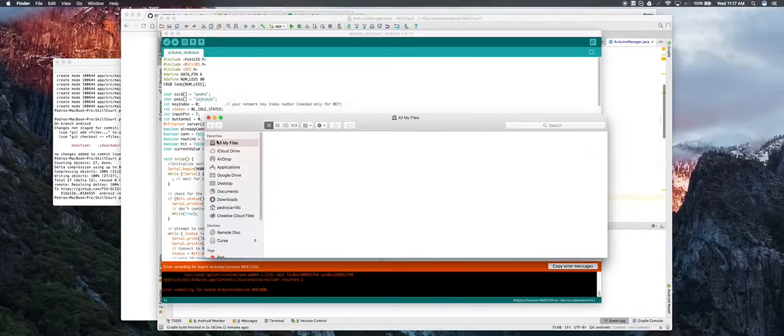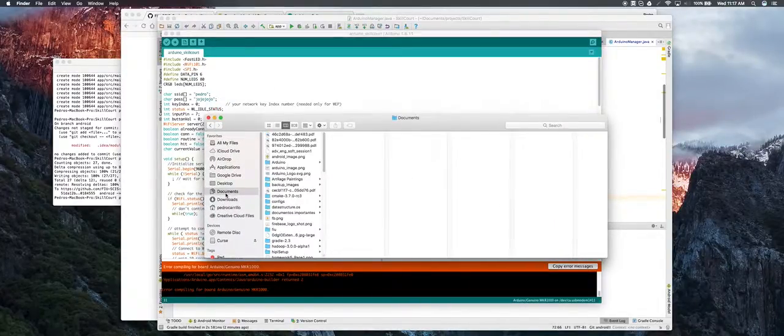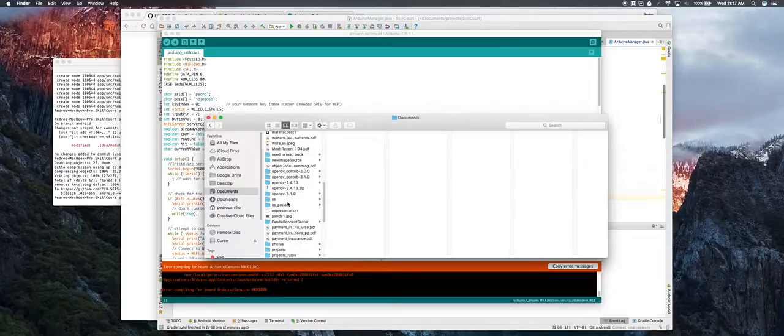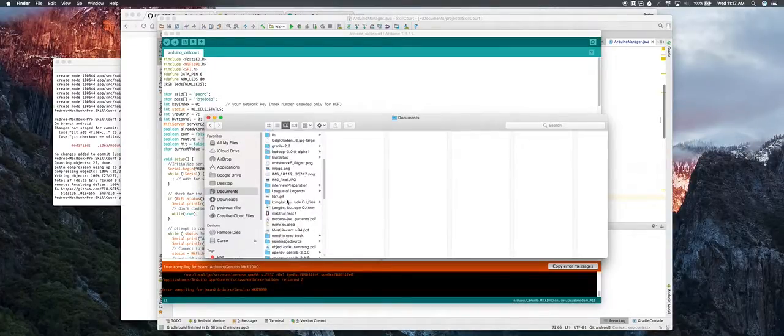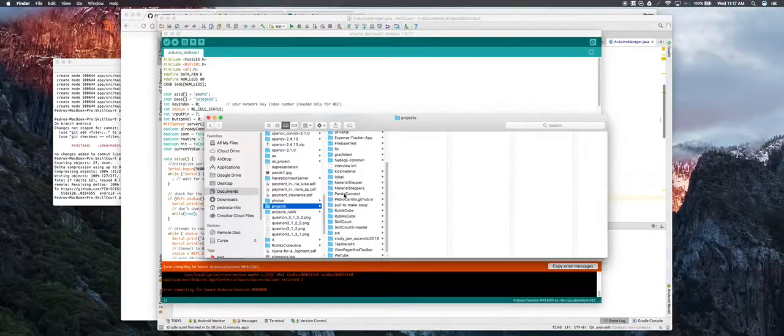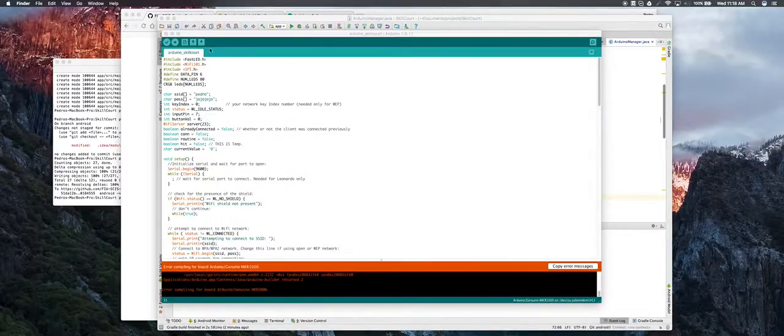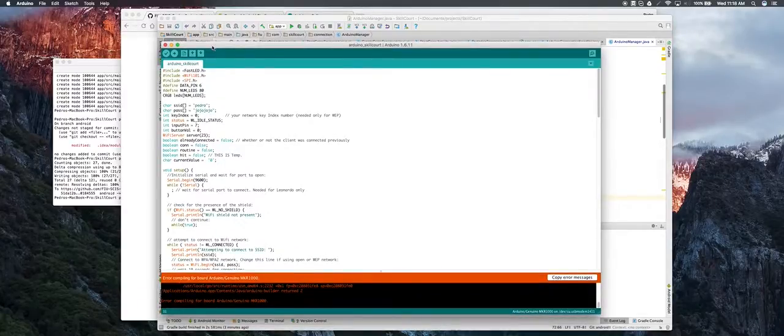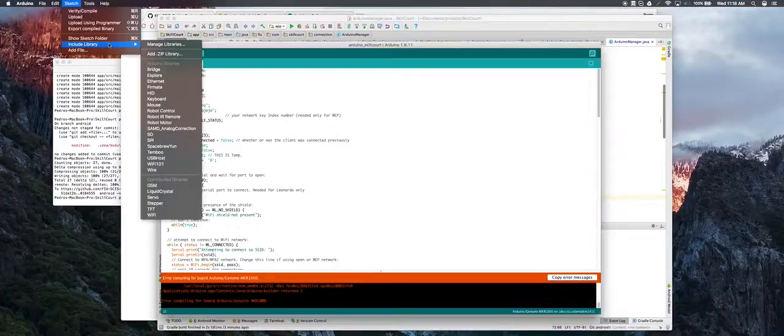It is right here, Arduino SkillCourt. This contains the Arduino .ino file. What you need to do for this tool to compile is, first you need to include the libraries,